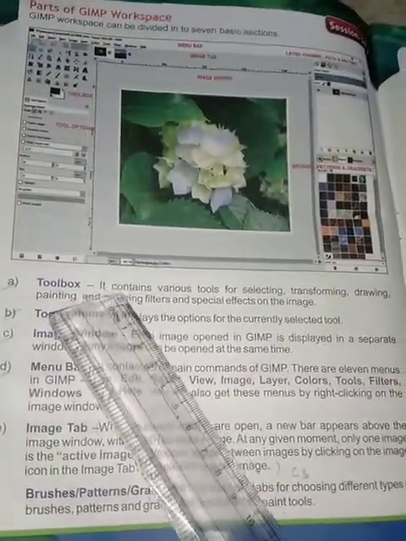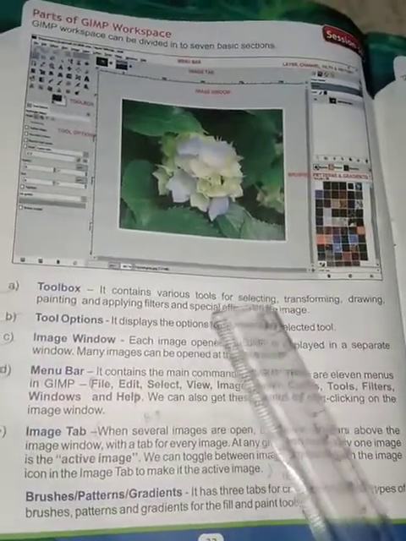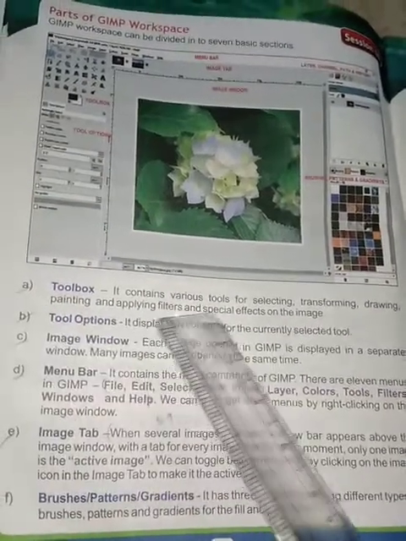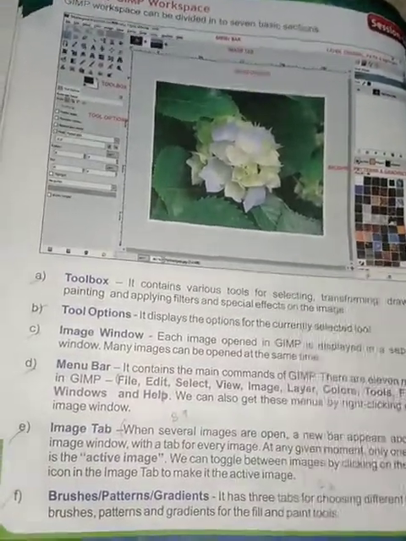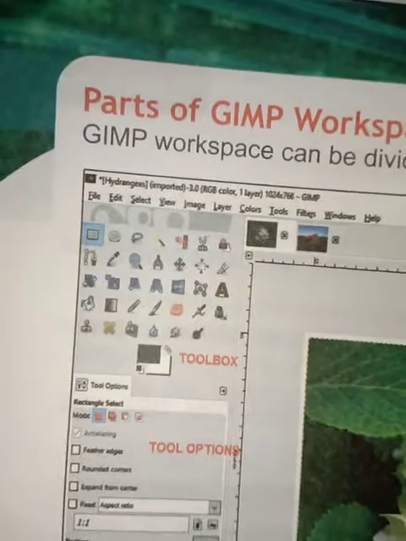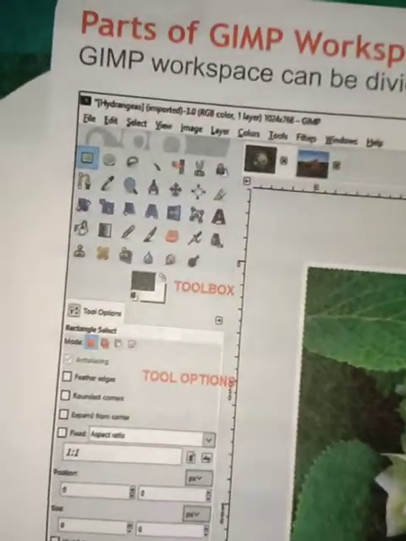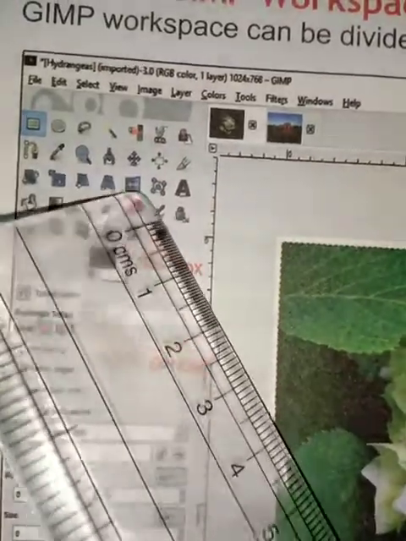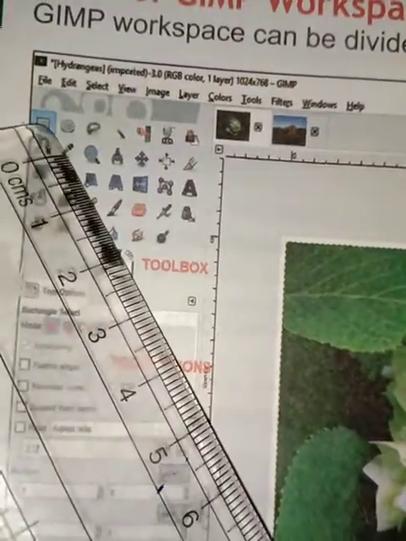Toolbox. It contains various tools for selecting, transforming, drawing, painting, and applying filters and special effects on the image. So in this toolbox you can see there are so many tools. You can select an image from this tool.